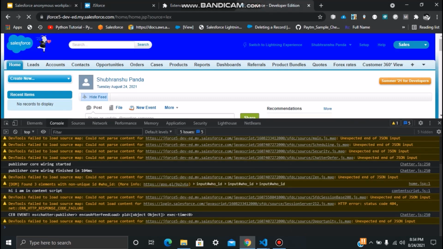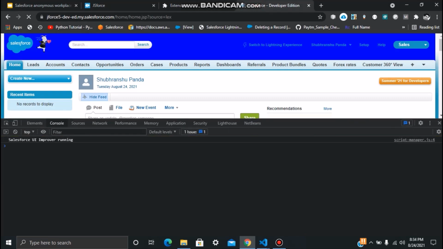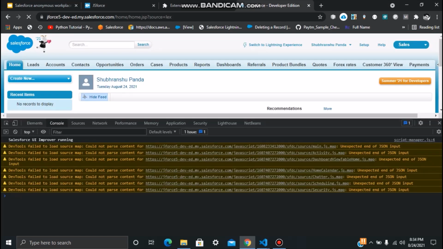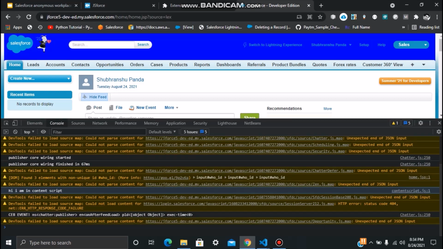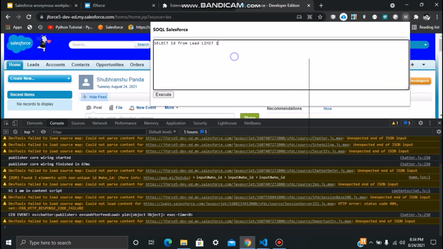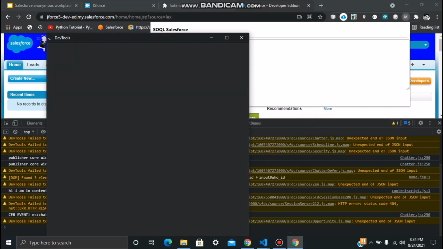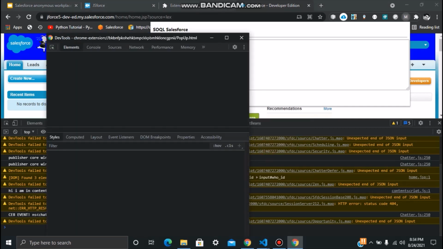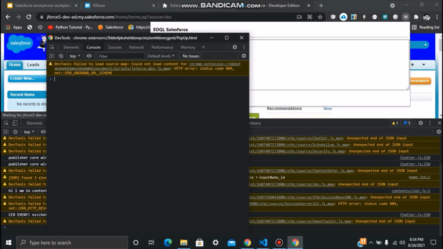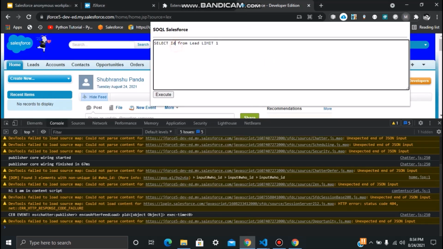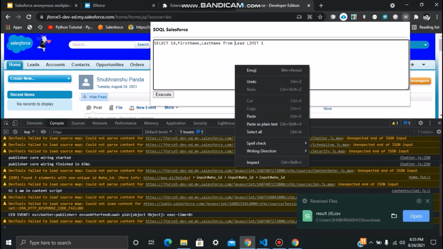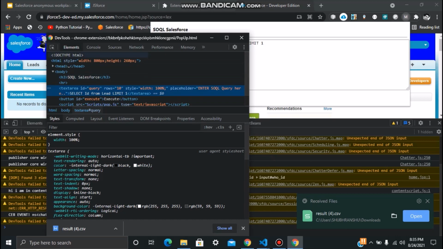Now we have to reload our extension or your browser again. Let's test whether it is working or not. Yeah, the content script is also working. Now test it. Inspect. Our console has no error. Now let's modify this query: first name and last name. Yeah, it's working perfectly. Now we will check whether it is doing something or not.